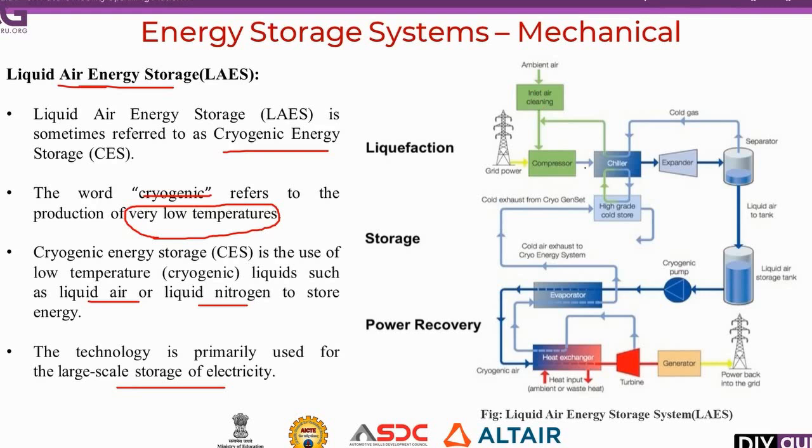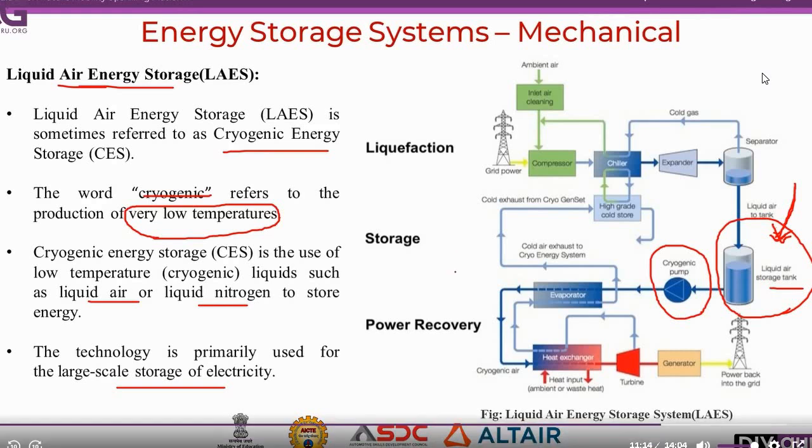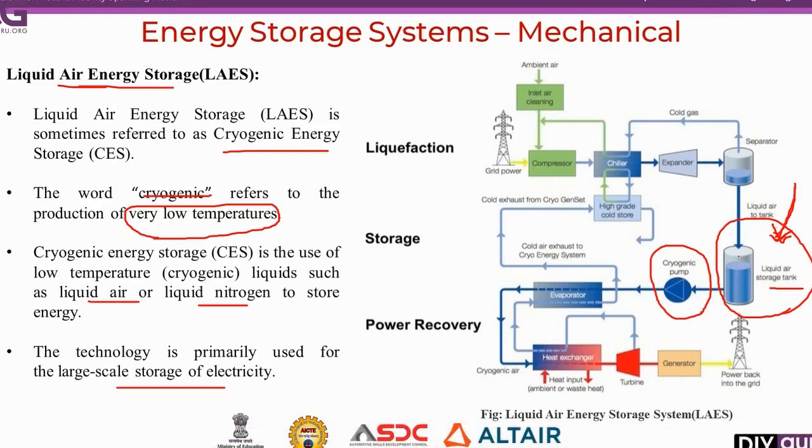This is the block diagram of a liquid air energy storage system. In this, if you see, we will be having a liquid storage tank along with the cryogenic pump. Air from the atmosphere is taken and compressed, and the nitrogen is stored in the form of liquid in this storage tank